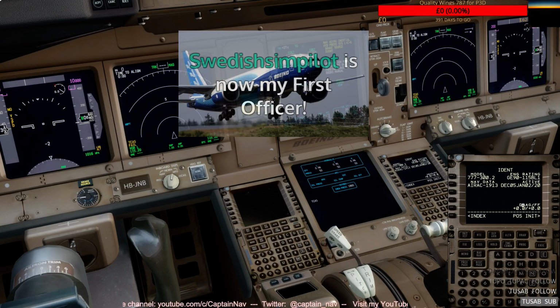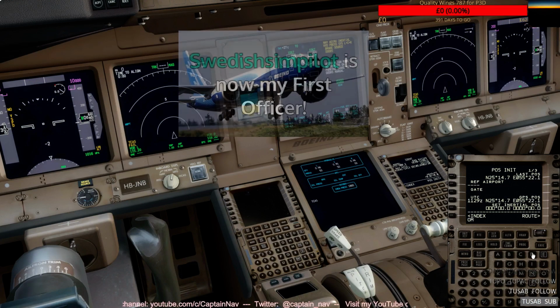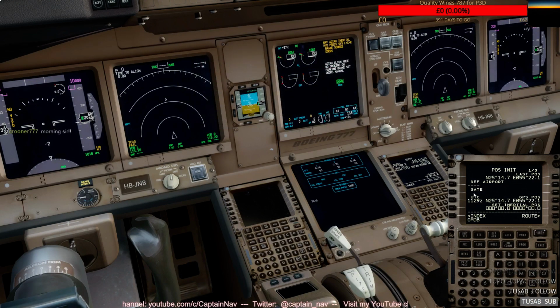So at this stage here we totally disregard that. So the POS INIT, as you might well know, we'll enter the reference airport, which is Dubai today. That's the Dubai to Muscat continuation of the flight from Zurich on the Swissair 242, and then for the set